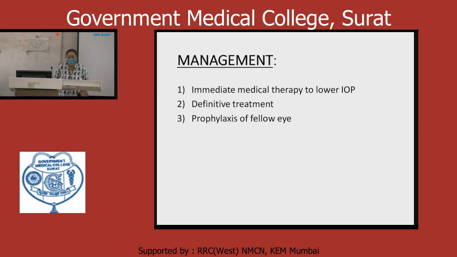So, within 24 hours, IOP will become less. Not a single drug will act topically when IOP is raised more than 60 millimeter of mercury. When the patient comes with acute congestive glaucoma, IOP must be more than 60 millimeter. So topically, timolol, pilocarpine and other drugs will not act. So you have to give intravenous mannitol, tablet Diamox and liquid glycerol orally. After 24 hours, IOP becomes less, nearly 30 to 40 millimeter of mercury.